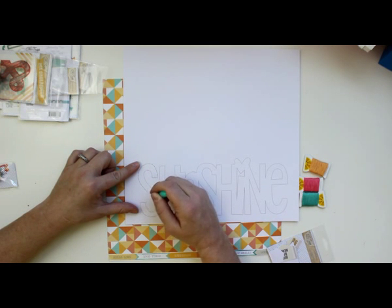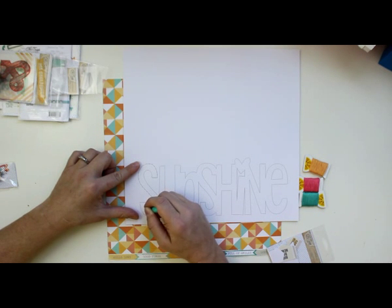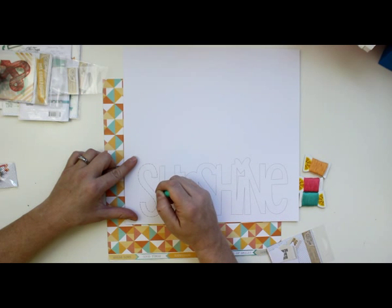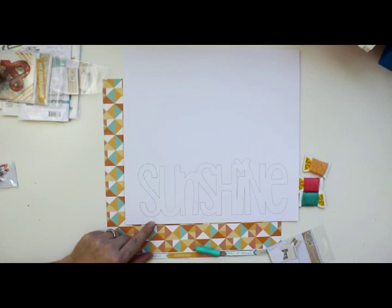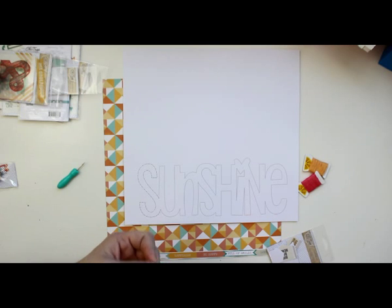So if you've never stitched before, done any kind of embroidery, you can go on YouTube and search embroidery stitching. There's all kinds of videos that show you different styles and technique for stitching. It's really not difficult. It's more time consuming, I guess. But if you have the patience, it's a really neat way to personalize even more your projects. So you're going to go ahead and do that through your whole title, and the stitch that we are going to use is just a basic back stitch,